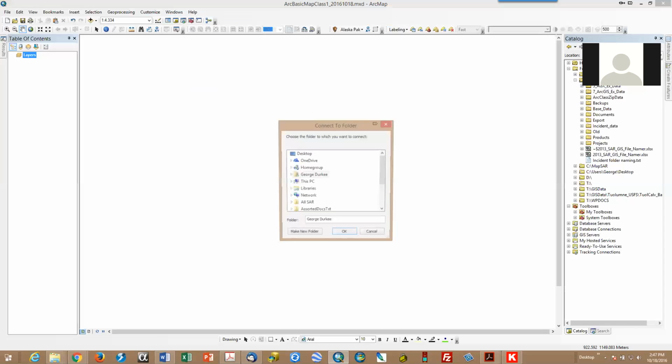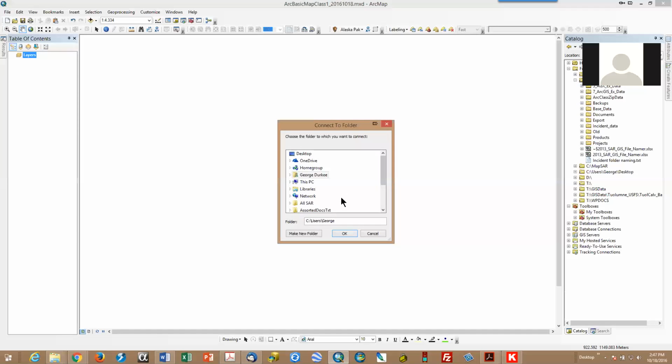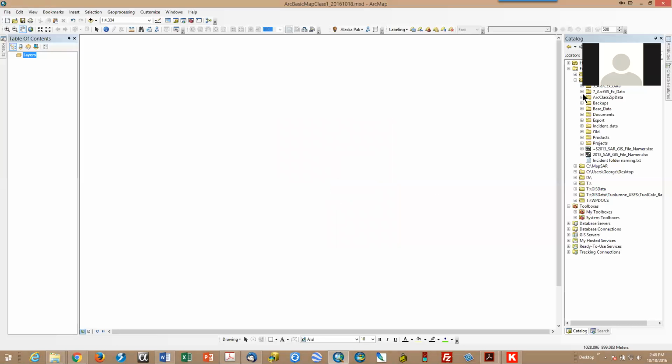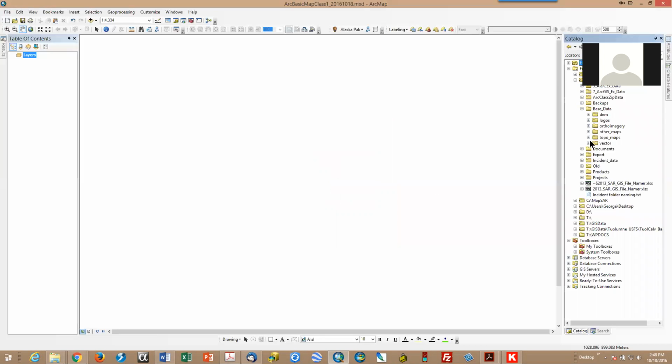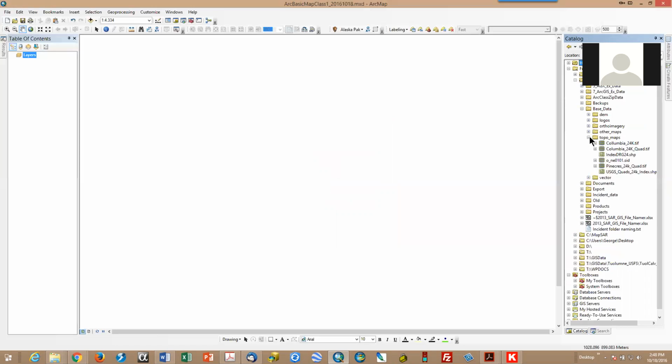To create a folder, you just go to the little plus folder sign and navigate to This PC, see GIS data, highlight that, and you go OK. But I already have that, so I'm not going to. And then the connection appears. So under GIS data, I now go to base data. I go to Topo Maps. And down here, I have a number of maps, and I want